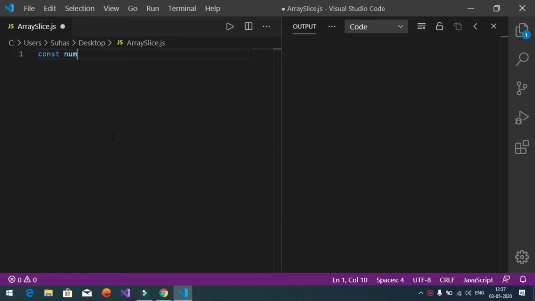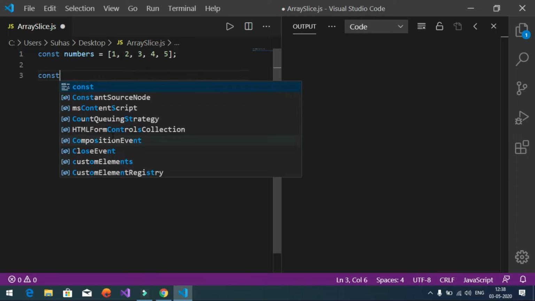So I'm going to declare a numbers array which is going to contain numbers from 1 to 5. The main objective here is I want to get the first 3 elements in this array. If you have seen the previous video on my channel, I have explained the splice method. So you can also use that to get the first 3 elements in this array. The main difference between splice and slice is that the splice method will manipulate your original array, but the slice method won't manipulate your original array. Basically it retrieves a copy of your array with the respective operation. So that's the main difference between splice and slice.